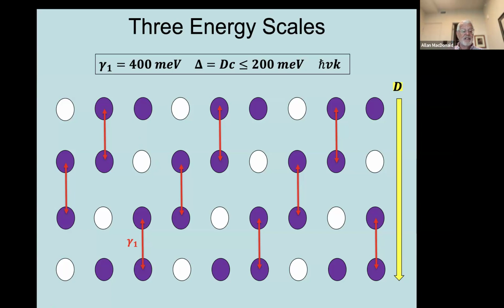And so these states connected by the red lines are basically not present at low energies except as virtual excitations. So if you have rhombohedral graphene, then